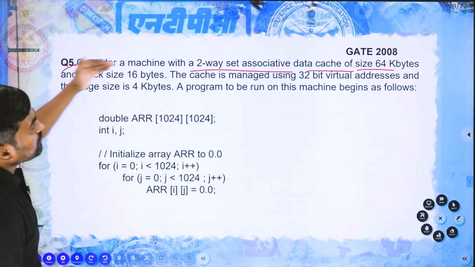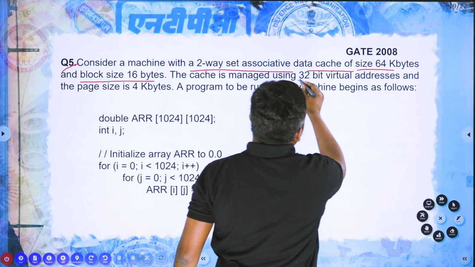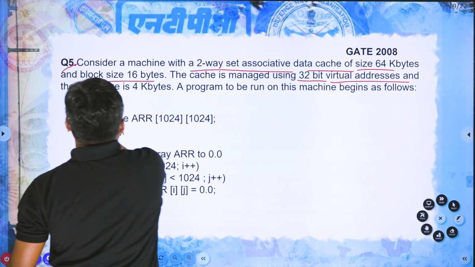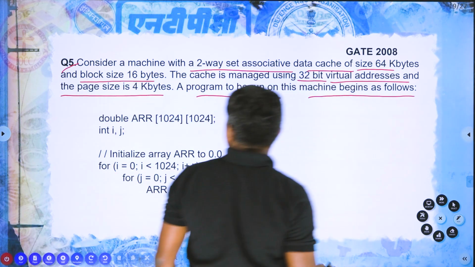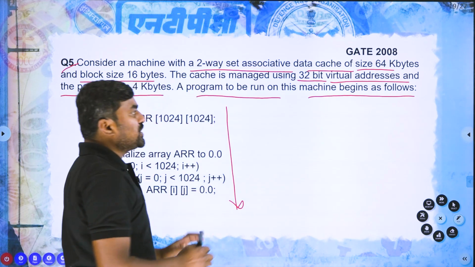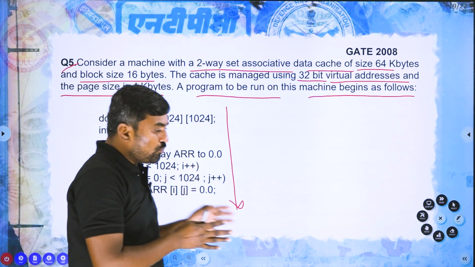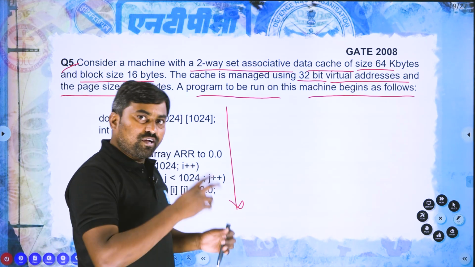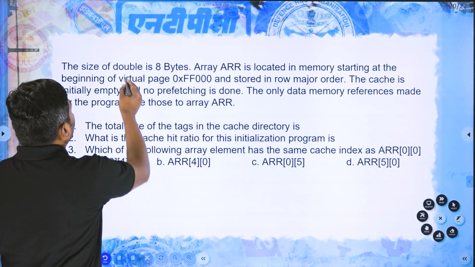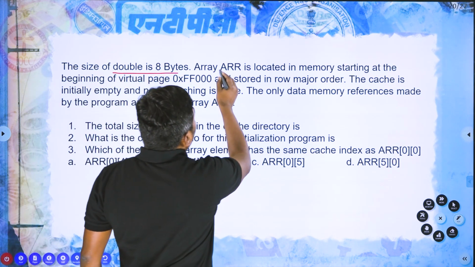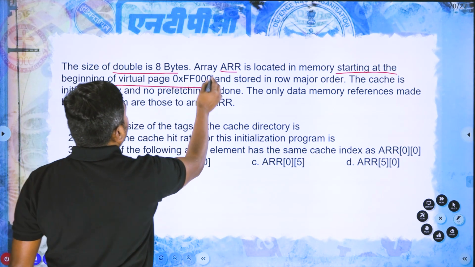Fine, look into 64 kilobytes and block size is 16 bytes. The cache is managed using a 32-bit virtual address, and the page size is 4 kilobytes. The program to be run in this machine begins as follows. This is a program. Some things we need to ignore here, because they are not required to answer, but we can understand the concept. Fine. The size of the double element is 8 bytes. Array ARR is located in the main memory starting at the beginning of the virtual address. Please note the page number given here,